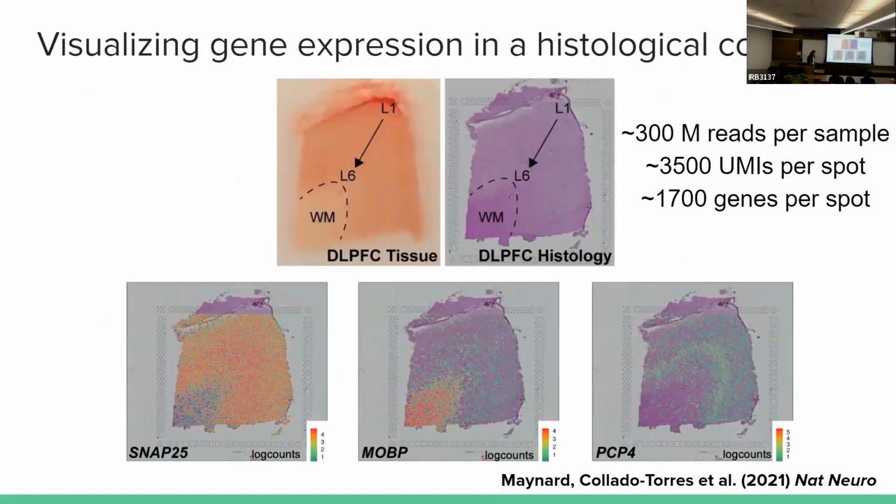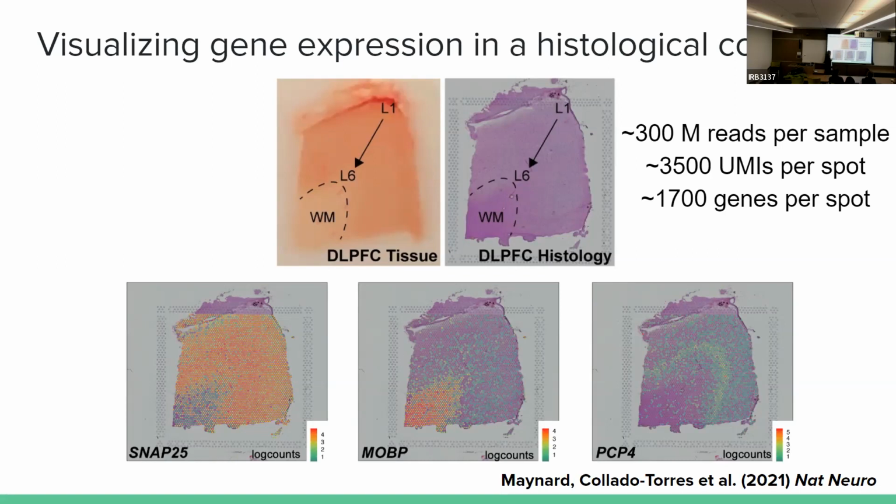Okay, so here's an example of what you get. This is a piece of the dorsolateral prefrontal cortex in the block itself. This is the white matter. These are layers 1 through 6. This is the tissue on the capture area. In general, here are some statistics about the data that we found. And then this is what you typically see whenever you start working with spatial